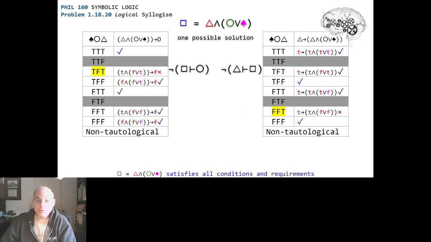And so our proposed statement for square, which is triangle and either circle or spade, satisfies all conditions and requirements. And that's one answer for problem